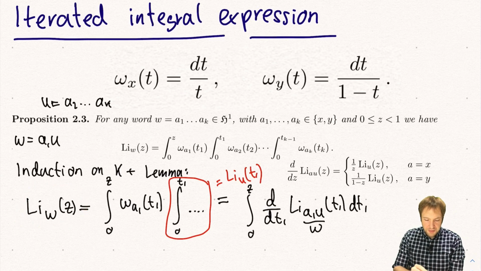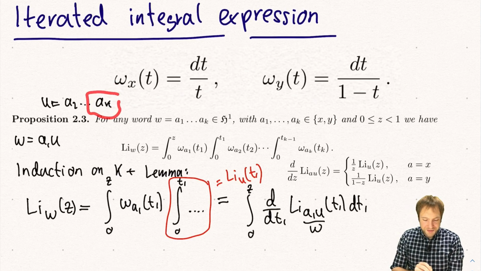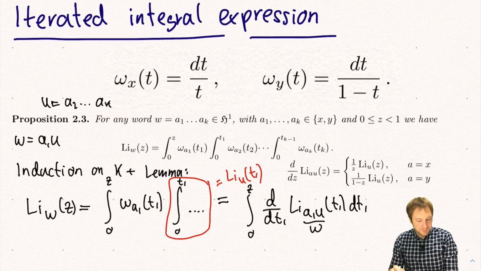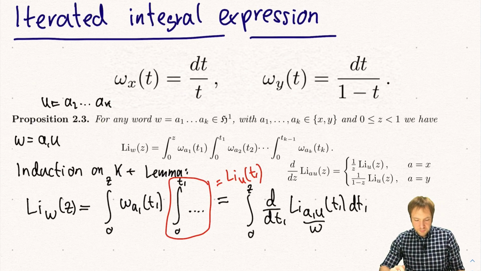And also you can check the case when k equals 1, so the induction beginning, or we could also choose, we start with the empty word, and then the statement follows from the definition. Okay,